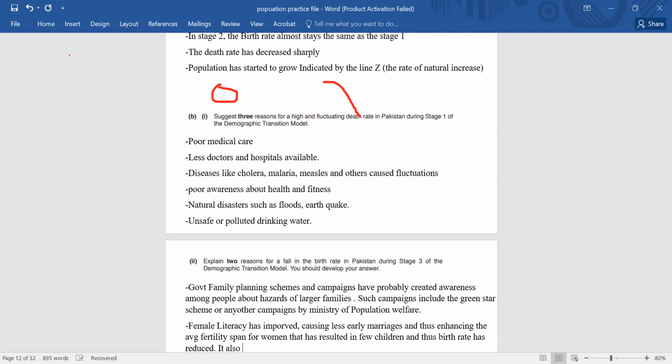It also has the impact of better awareness due to literacy. You could pick any two reasons, but then you have to go to great lengths